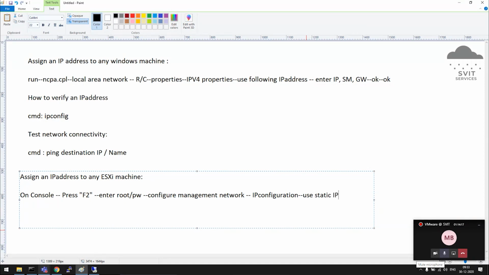There will be two options, dynamic and static. Use static IP, enter the IP, subnet mask, gateway, then enter.